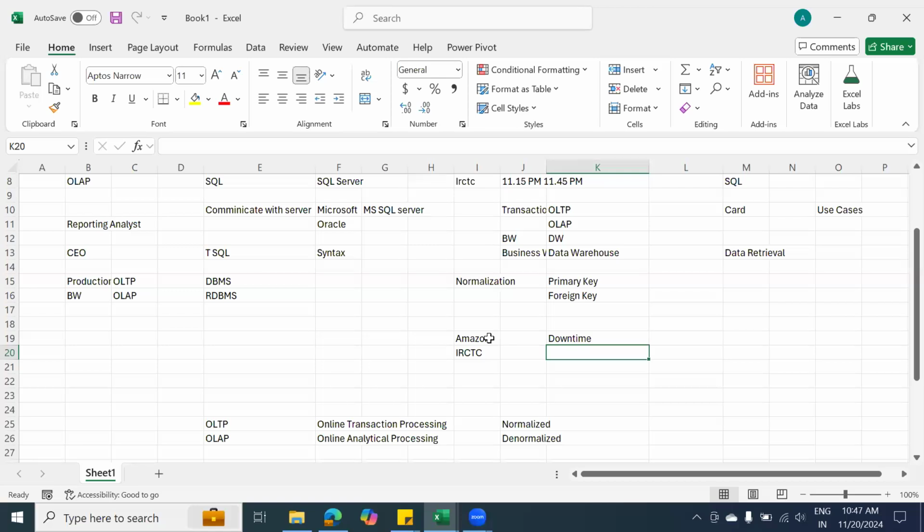And also, Amazon will have the most sophisticated systems. IRCTC, I don't think they are very sophisticated like Amazon. One of my friends works with Amazon as a data scientist. They have an algorithm, and using this algorithm, they can predict what the sales will be after 3 months.